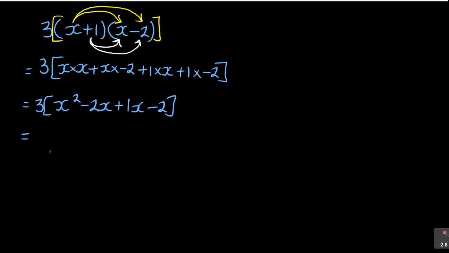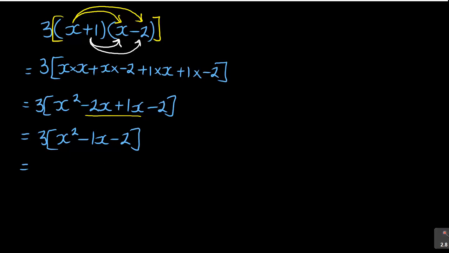Then you continue to 3. You will notice that the center numbers, you can do something because they contain x and x. So those ones you can add: minus 2 plus 1. See that one? So minus 2 plus 1. So you'll have, first one is x squared, nothing you can do. Minus 2x plus 1x is minus 1x. Take a calculator and say minus 2 plus 1, minus 1.